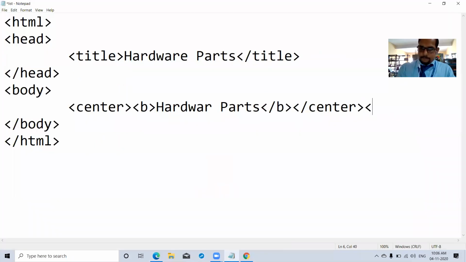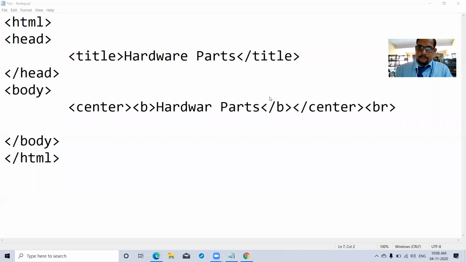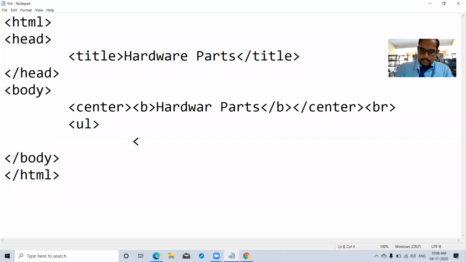After that, write the BR tag. The BR tag is for breaking the line, meaning come to a new line. And write UL, which means we want to create an unordered list, and then LI, list item.